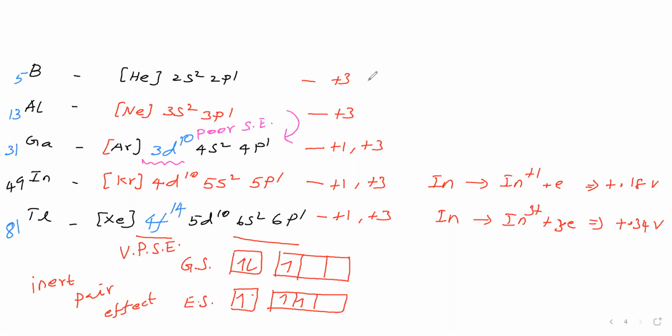Aluminium and boron show only +3, no +1. Therefore, +1 stability is more for which one? Thallium. For indium and gallium, +3 stability is more. Sir, why indium shows